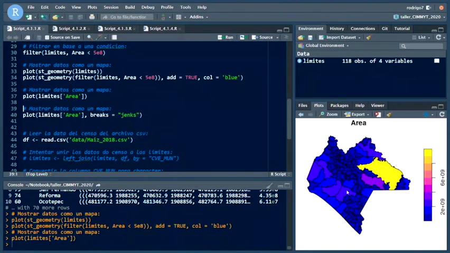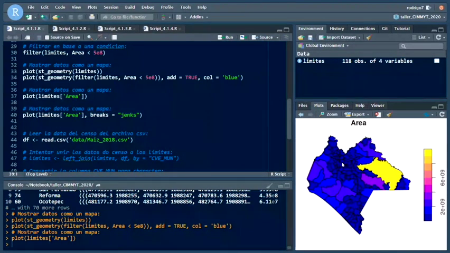This is a map where the color represents the area of the municipality. So this is the largest municipality, that has the largest area of all. There are many other options to create simple maps like this one. Since this municipality has an area that's a lot larger than the others, it's not possible to see the difference